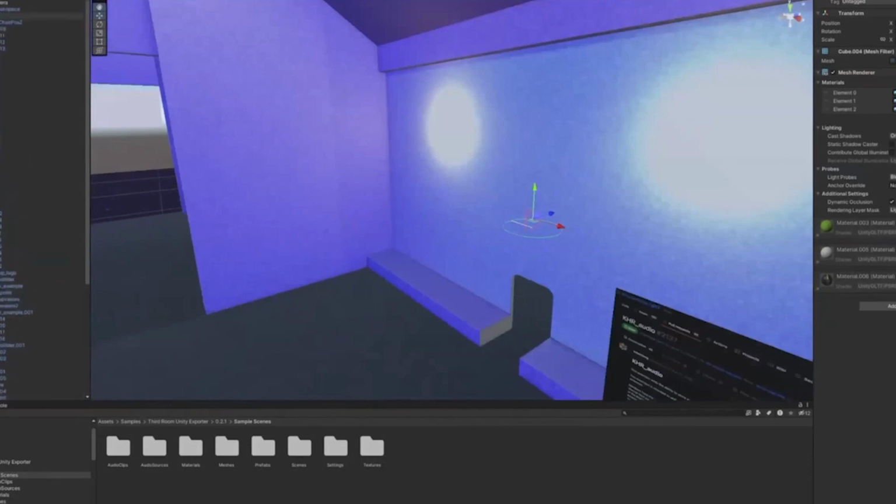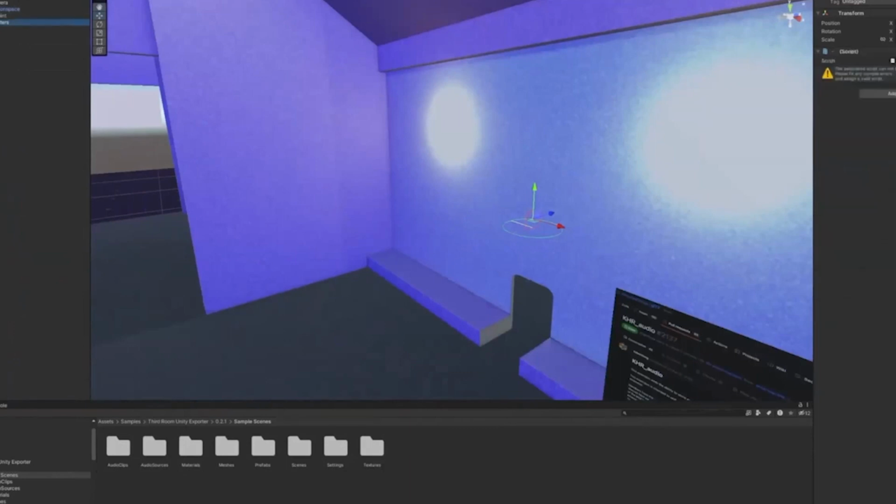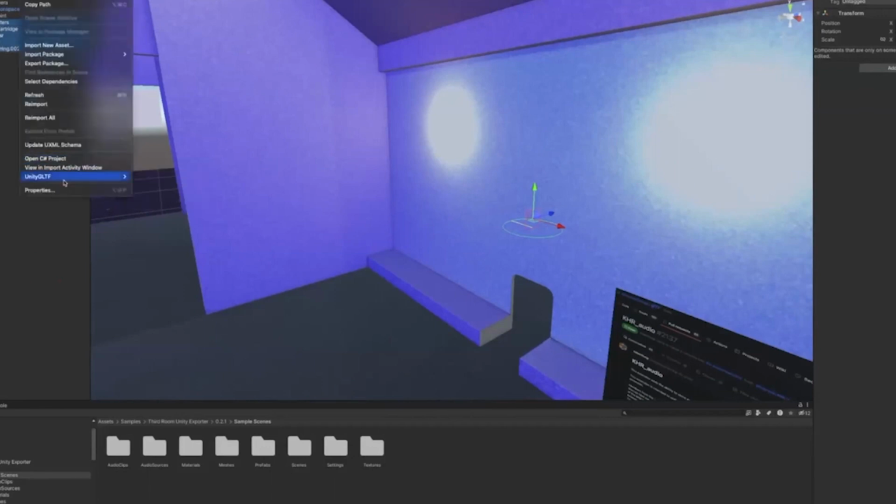And when you're ready to export something, you would just select the files or the objects that you want to export. So in my case, the audio, I want to export this cartridge with all of the game objects inside of it. So I would highlight that, go to Assets, and then Unity glTF. The Third Room exporter is built on top of Unity glTF, so the instructions will explain how to install this, but it adds these OMI extensions as part of the exporter for Unity glTF.